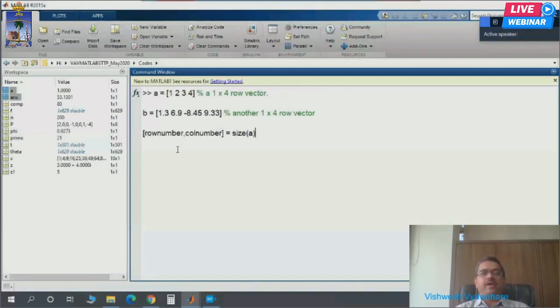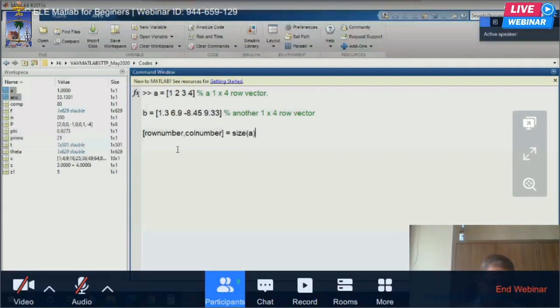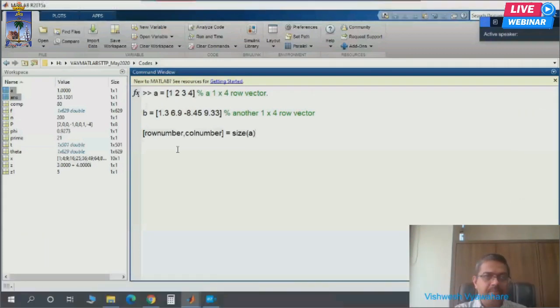So how do you define it? Please note that to save time, I have already written these commands in a code, and I am copying them from there and directly putting them on the command prompt, because I want to save the time of typing. So A is equal to 1, 2, 3, 4, which is a 1 cross 4 row vector.